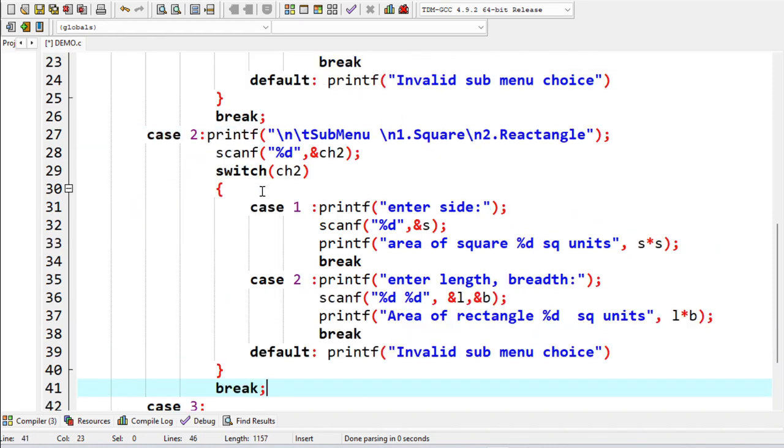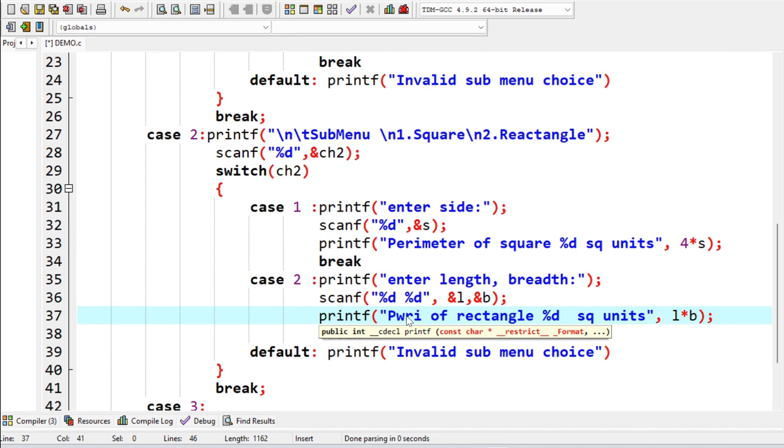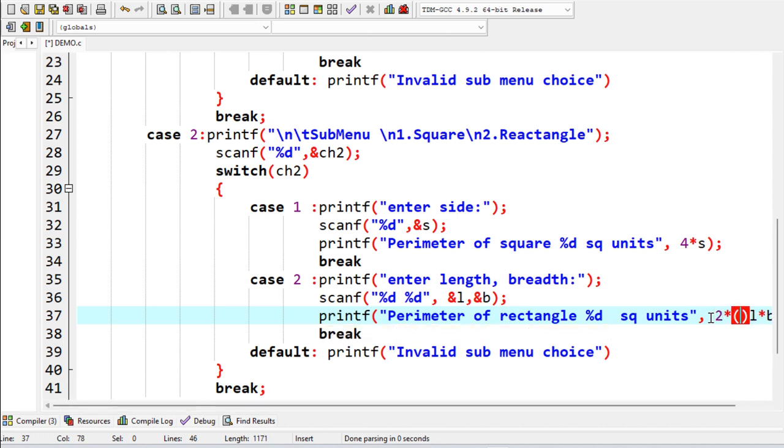The menu is shown, the choice is read, the side is read, and here the perimeter is to be computed, and the expression will be 4 times side, and here the perimeter of the rectangle is to be computed, and that will be shown as 2 asterisk L plus B,